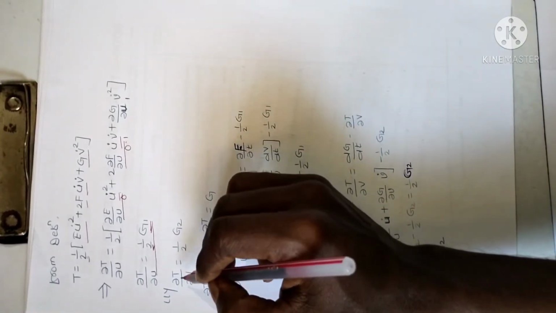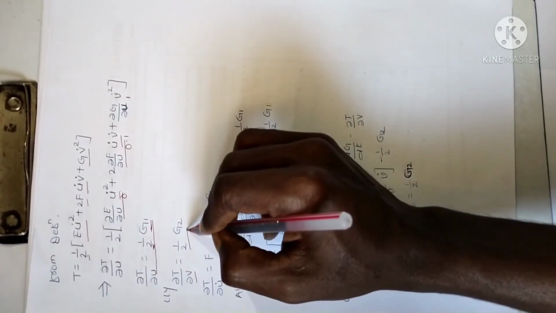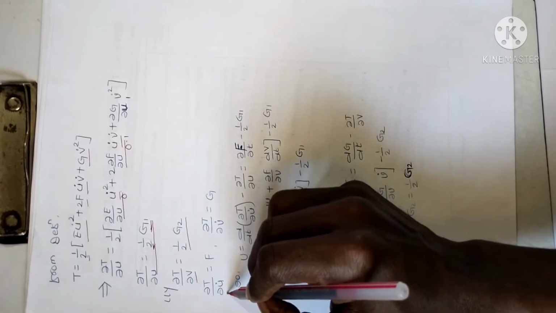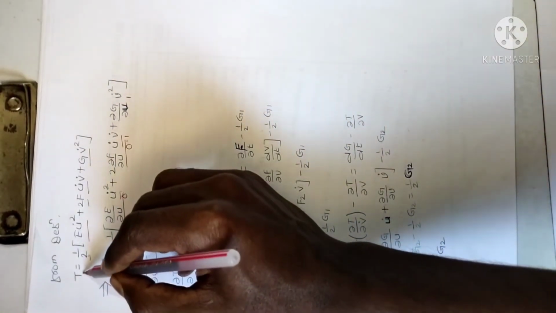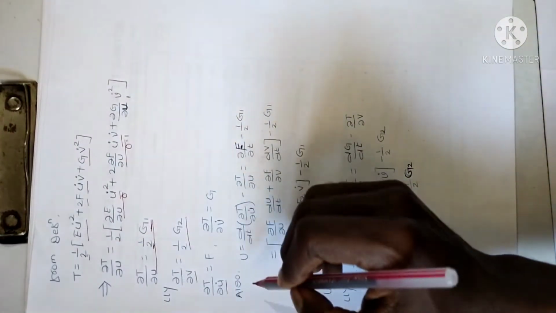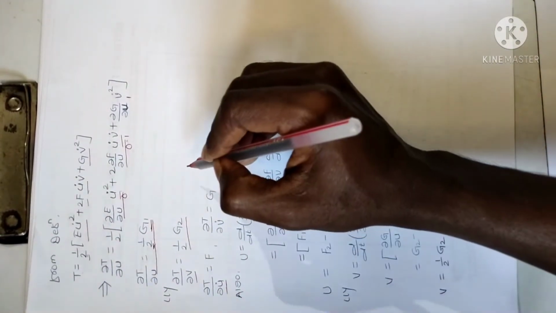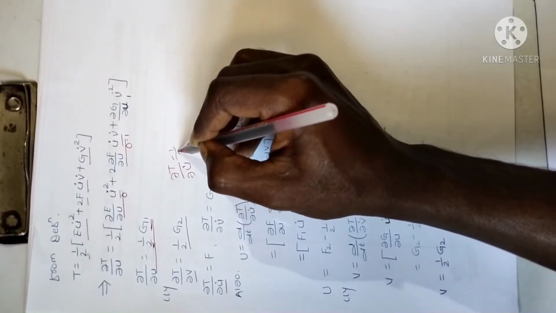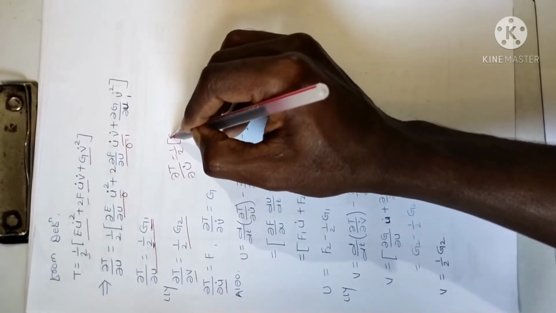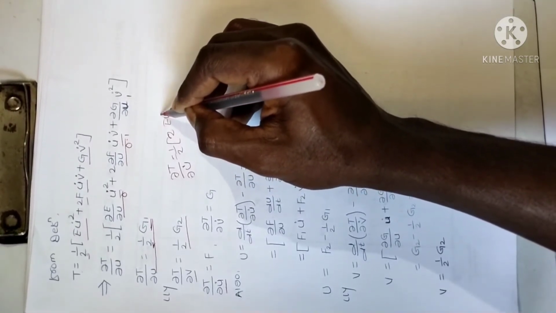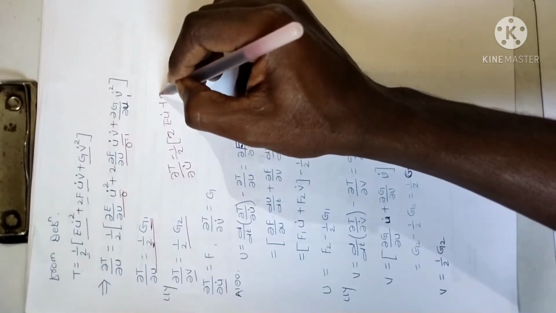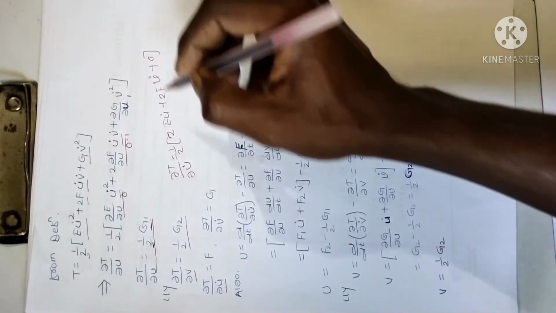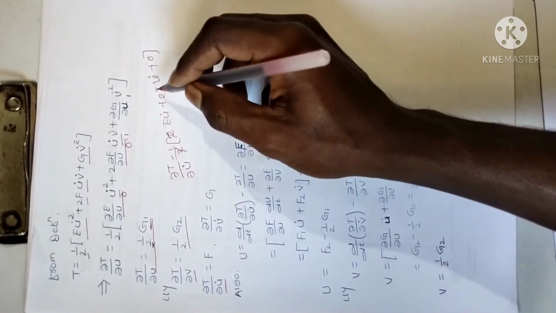Similarly, we can prove ∂T/∂v is equal to half of G2. Again, similarly, we prove ∂T/∂u dot. So again, capital T differentiate partially with respect to u dot. So ∂T/∂u dot is equal to half of 2 times E into u dot plus 2F v dot plus 0. So 2 is common, the 2s get cancelled.